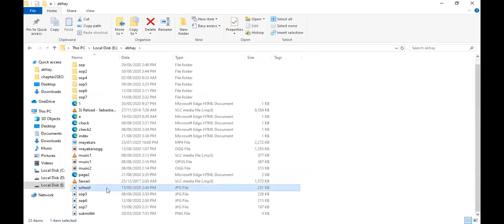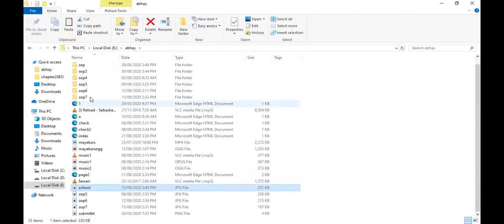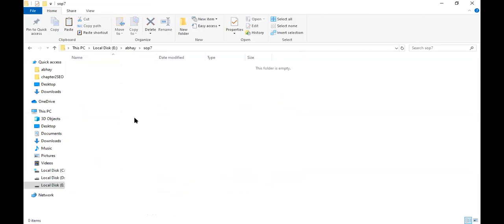I right click it, click on copy, and I paste it in SOP7. So I pasted it in SOP7. Okay, so do you understand what I did? I just copied the school.jpg into our folder. So SOP7 is our folder, and we have copied it from another directory.